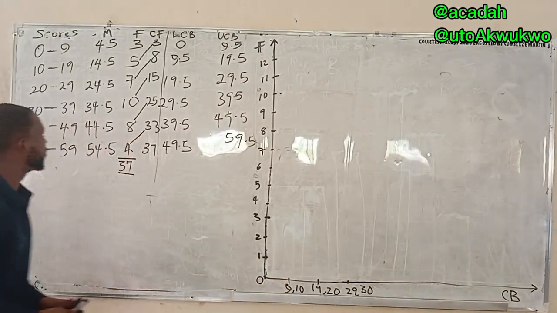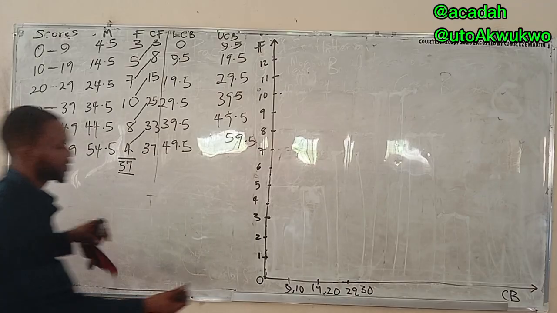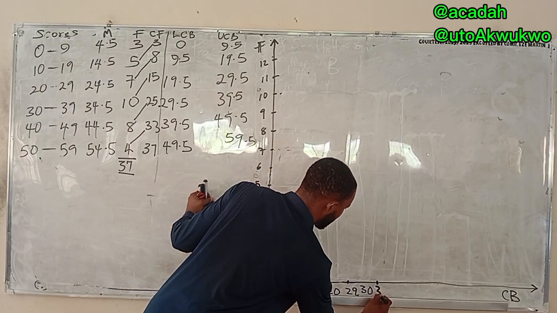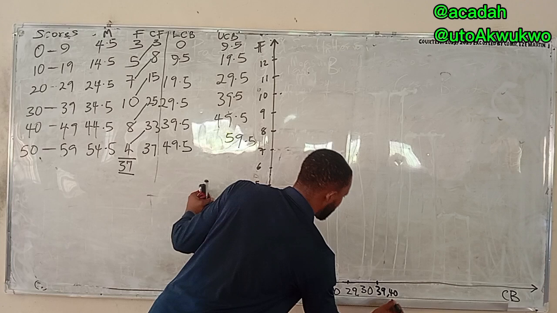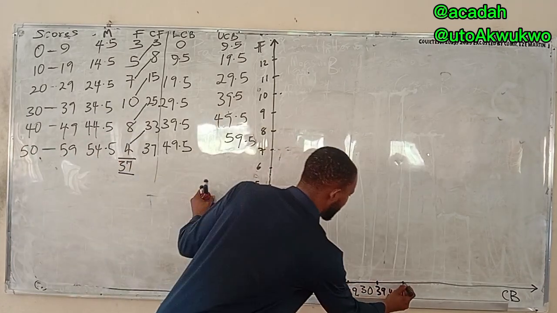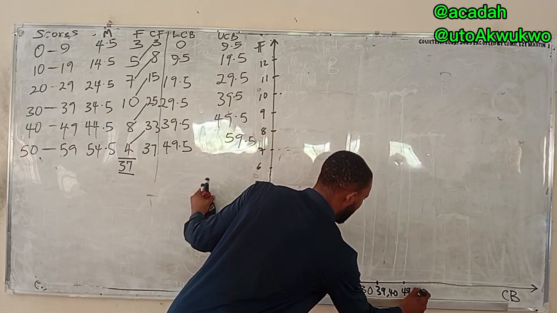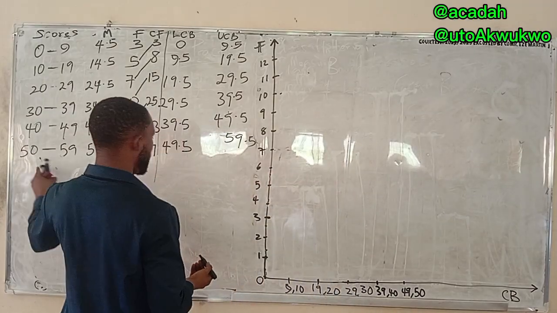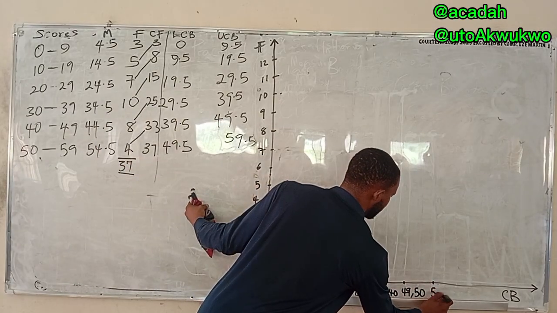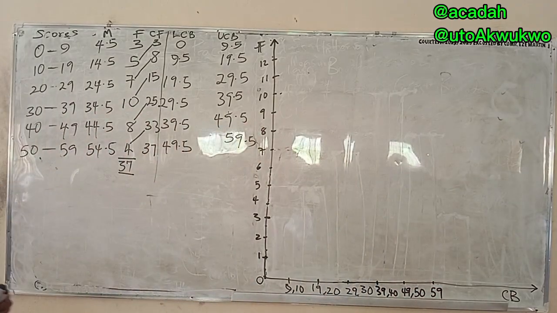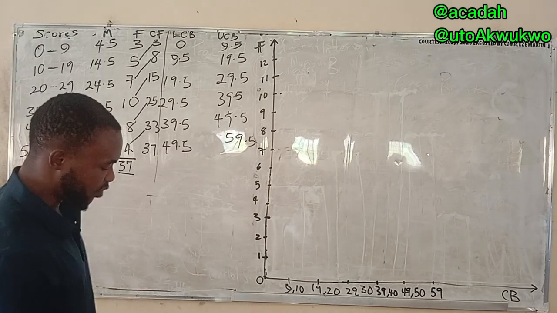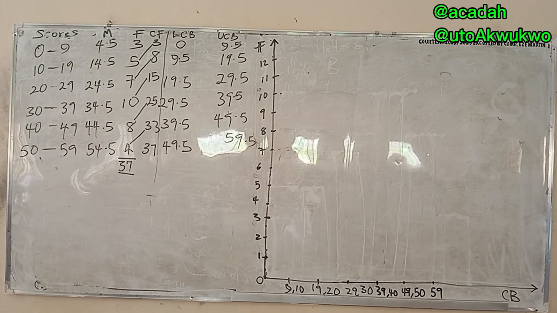So that is histogram for you. So this is 30, give space. So 39, comma, 40. Then give the same space. Now 49, comma, 50. Then the last one, 59. So this is how you note histogram using comma. Where this one is stopping, the next one is starting immediately. You use the Hausa man's house to remember it. So then the next thing now is to locate each point.